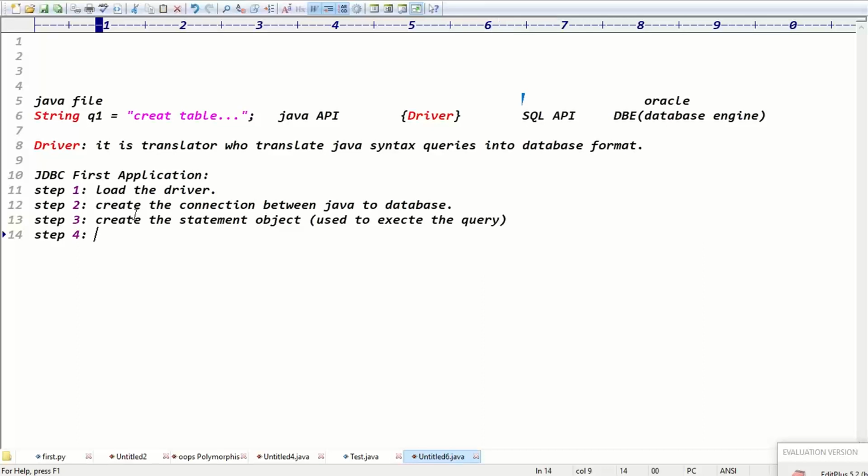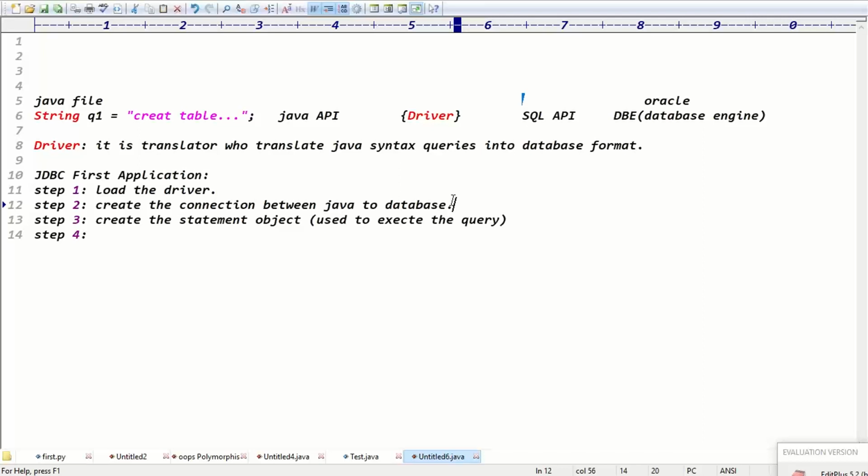Exactly, guys. Step one is what? Load the driver. After loading the driver, create the connection. Guys, from advanced Java onwards, even JDBC, servlets, JSP, Spring, Hibernate, the first application is very, very important. Once you understand the first application, the remaining applications have the same flow, with only minor modifications.